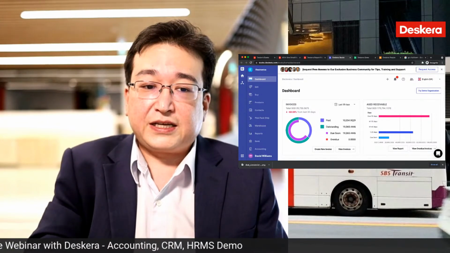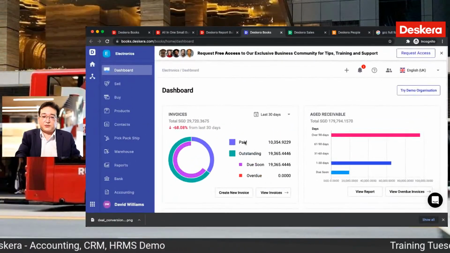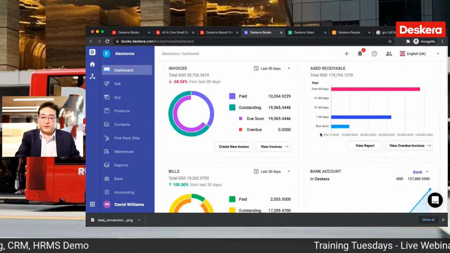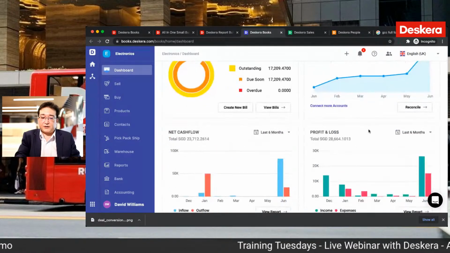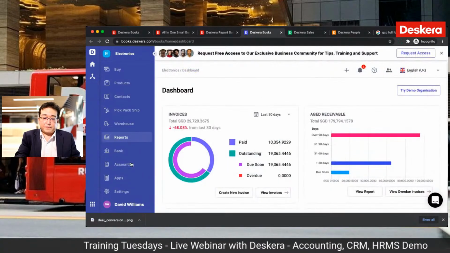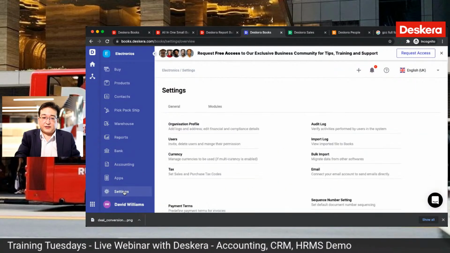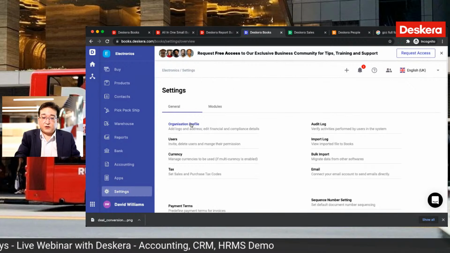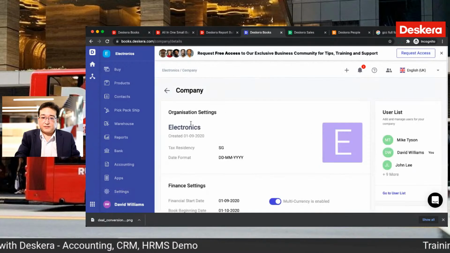So let's go to Deskera Books. Inside here, I'm at the dashboard. I can see the invoice, aged receivables, bills, bank accounts, net cash flow, the profit and loss, all my information right here. I can go to settings, go to my organization profile,